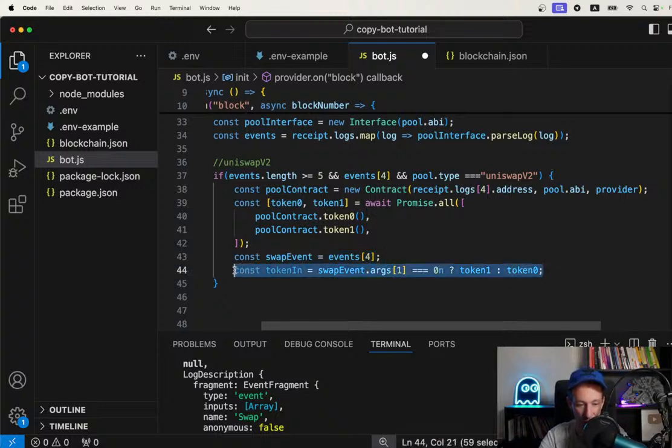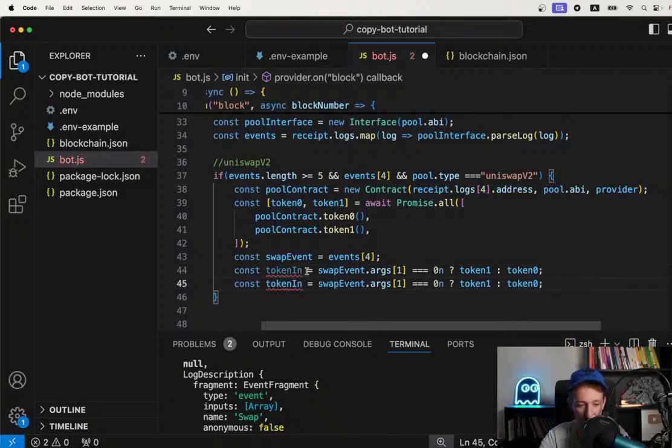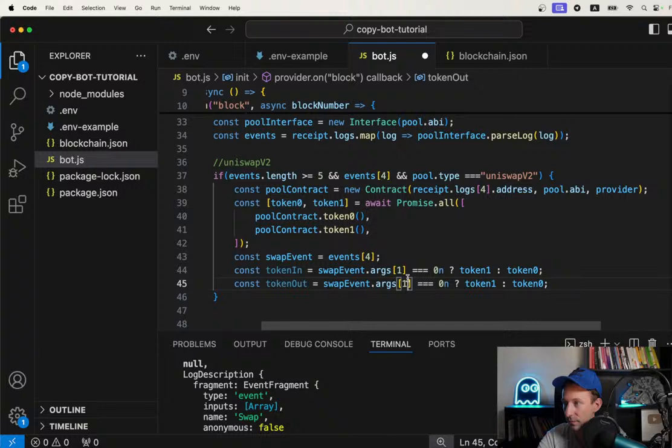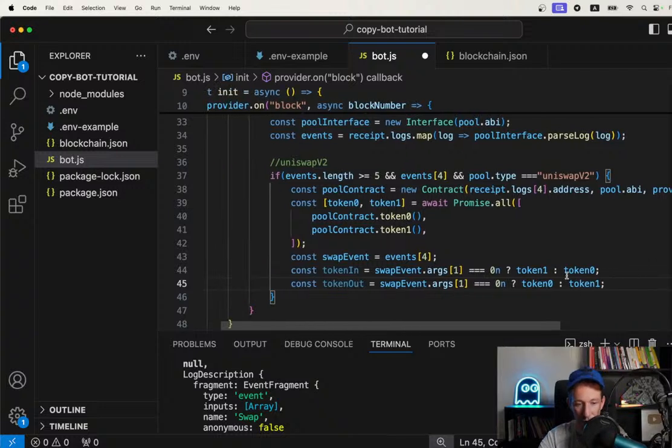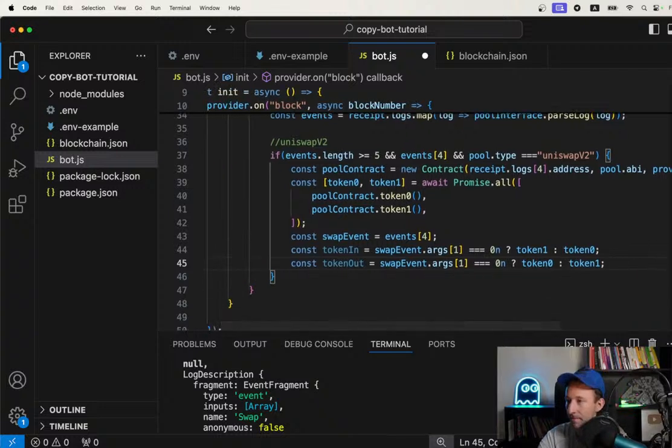Okay, so now to get the token out, we're going to do the contrary operation. Let me see, in this case it's going to be the contrary, token 1, token 0, and token 1. Okay. Then what about,